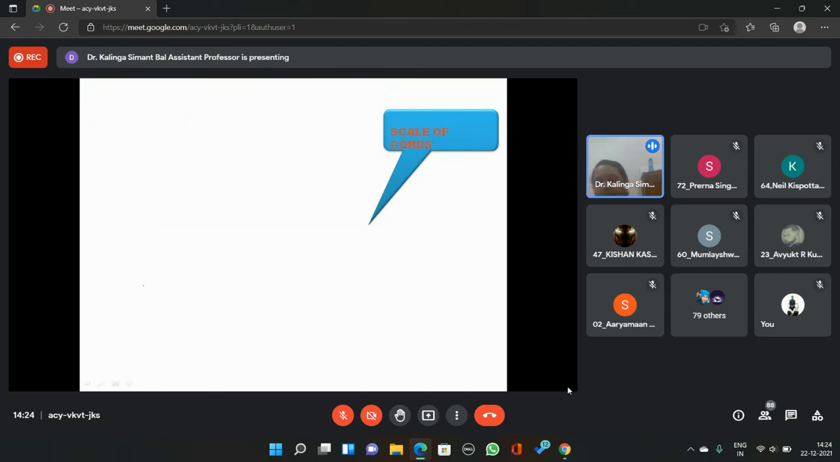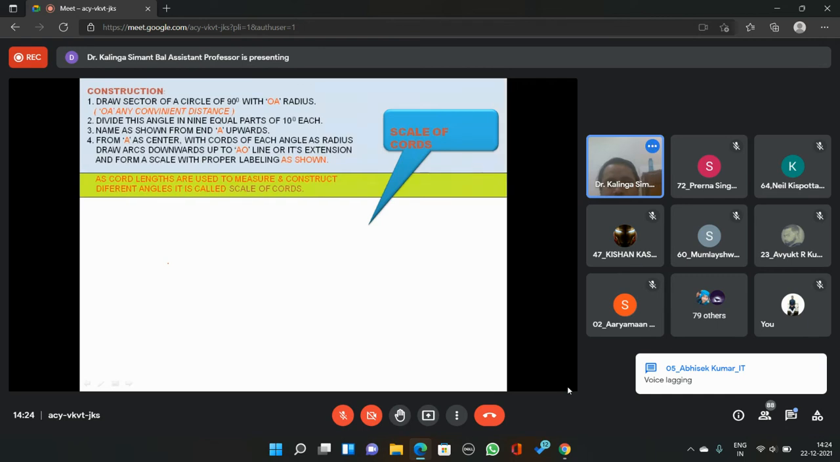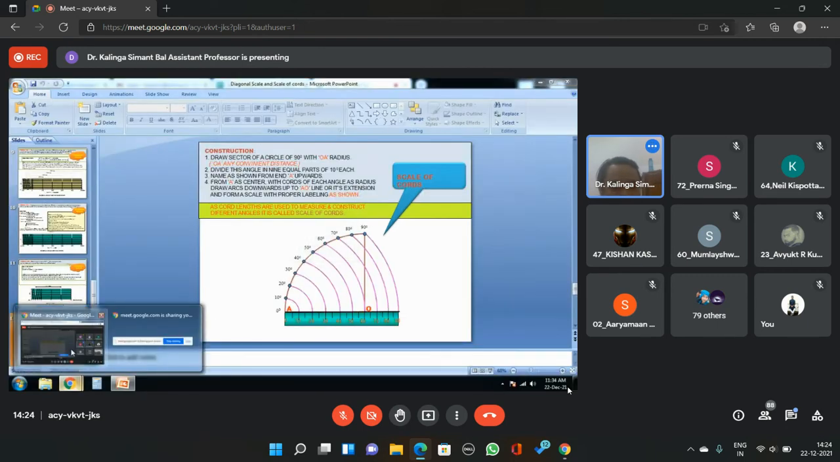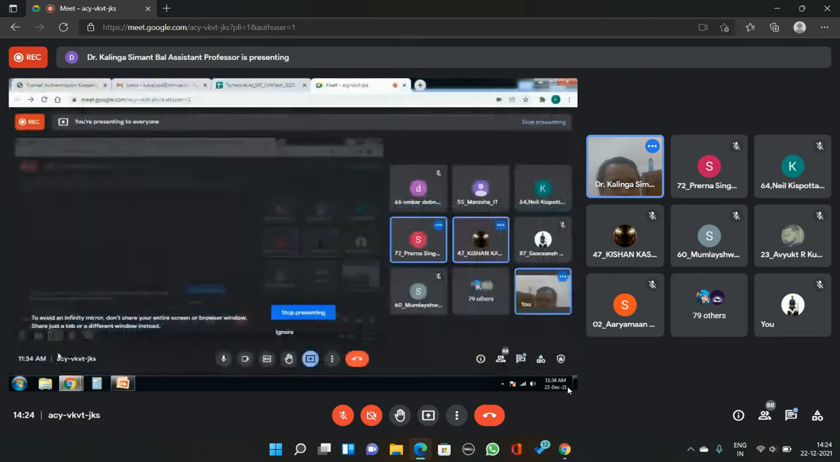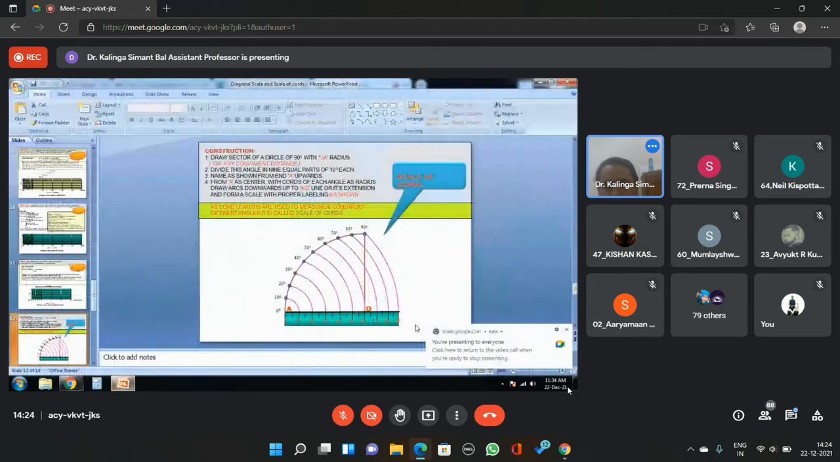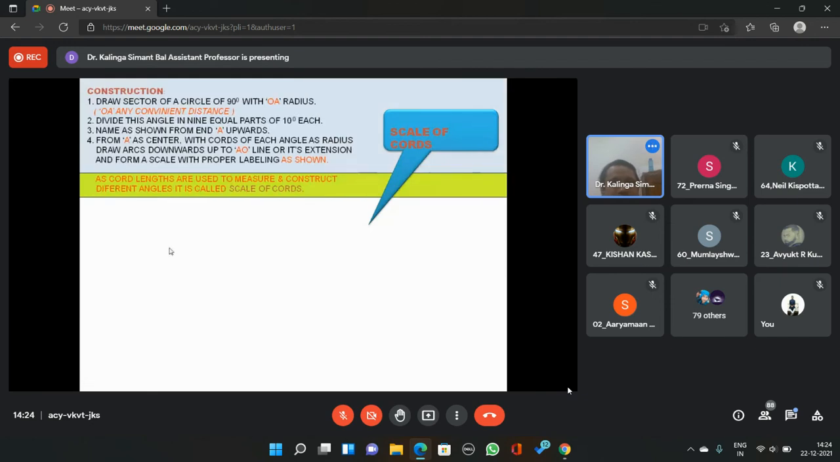Now, the last part which comes is the scale of chords. What does the scale of chords represent? Scale of chords is basically the conversion of an angle to a particular scale dimension so that it